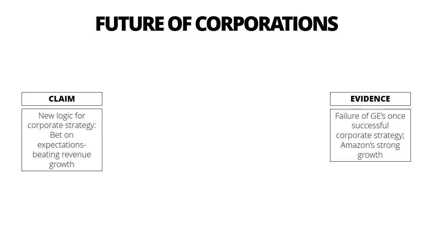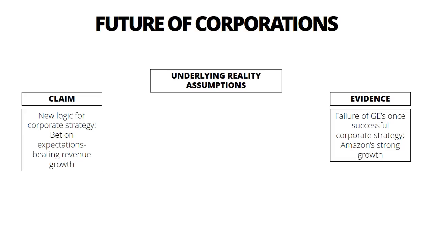In the case of reality assumptions, it seems clear that his evidence on stock market performance would only support his claim about the superiority of Amazon's strategy if A, we assume that stock markets reward success rationally and optimally, that is, reflecting the true value of the company in question and not being predisposed to investor biases, unrealistic beliefs, global trends, or fads, and B, that what worked for Amazon would also work for GE, in effect that the same corporate model would work for all companies equally.